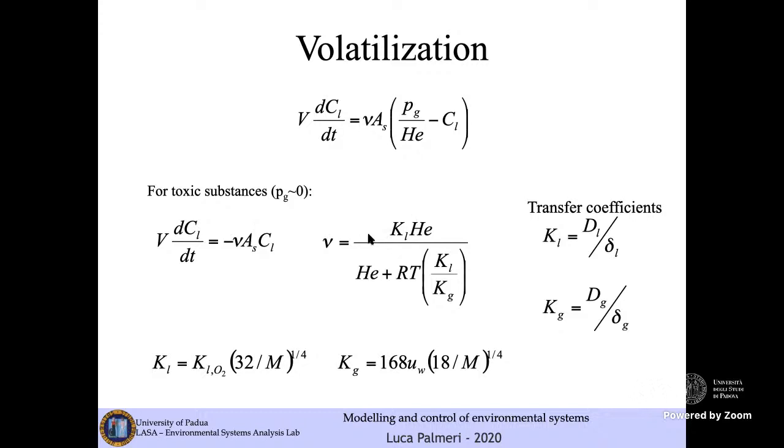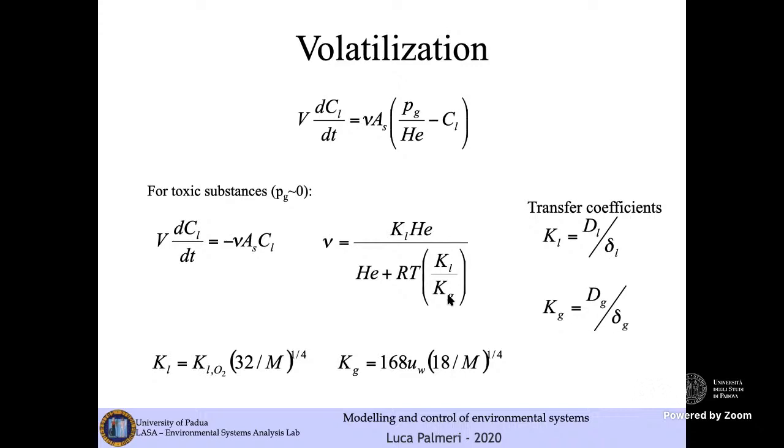You may compute the speed of transfer, the so-called volatilization speed of a particular substance. In this case, the volatilization speed depends on the equilibrium constant in the liquid phase at the interface, times the Henry constant. So this volatilization speed depends on the interface and on the characteristic of a substance through the Henry constant, but also depends on the ratio between the equilibrium concentration in the liquid and in the gaseous phase at